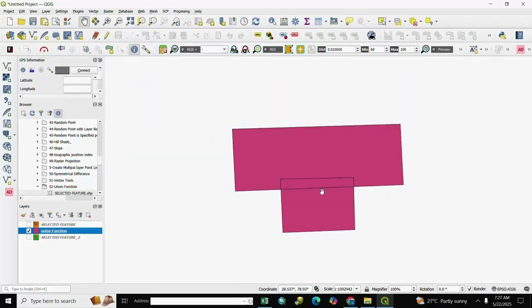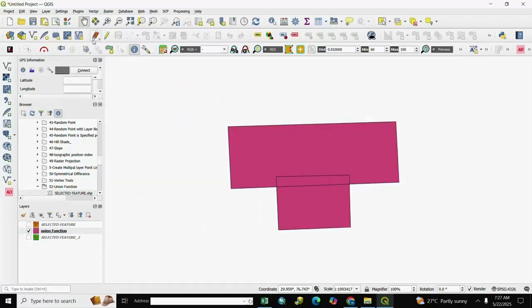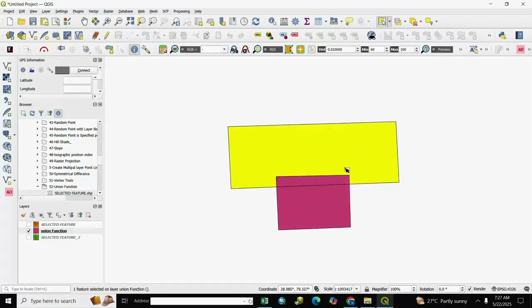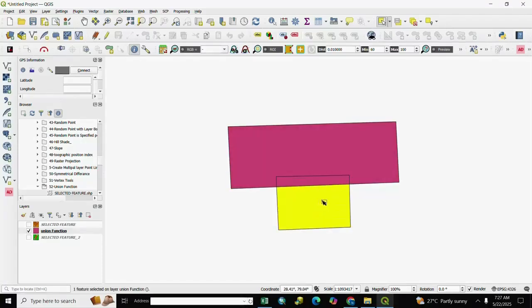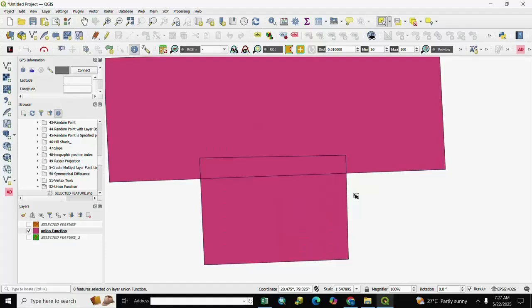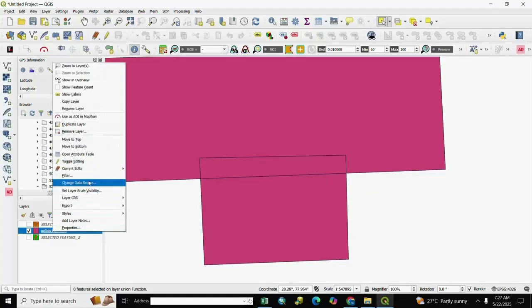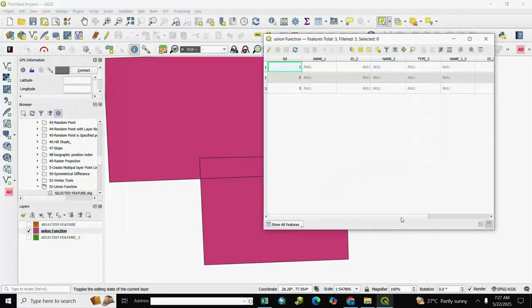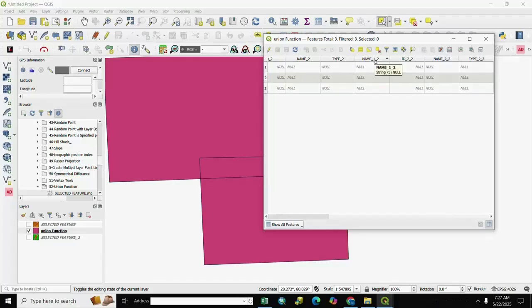You see here our output. 3 features created, 1, 2 and 3, and we also see the attributes. For attributes, we right click and go to open attribute table, and you see here name 1, id 2, name 2, id 2, and the second feature name underscore 2, id underscore 2, name underscore 2, type underscore 2.